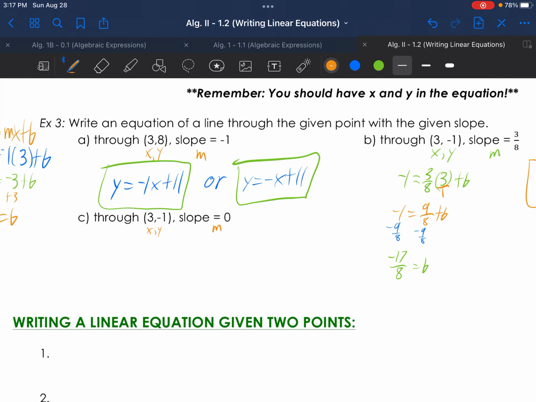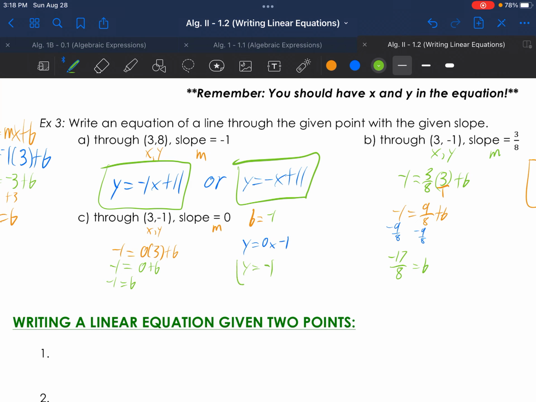So start this the same way. We have x, y, and m. We don't have b, so let's find b. -1 for y equals 0 for the slope times 3 for the x. So that's y equals mx plus b. Negative 1 equals 0 times 3 is 0 plus b, so negative 1 is b. So now we can take the m and the b, since we found the b, and plug it in to y equals 0 times x minus 1, or plus a negative 1,